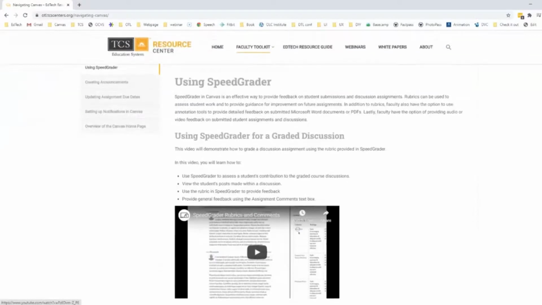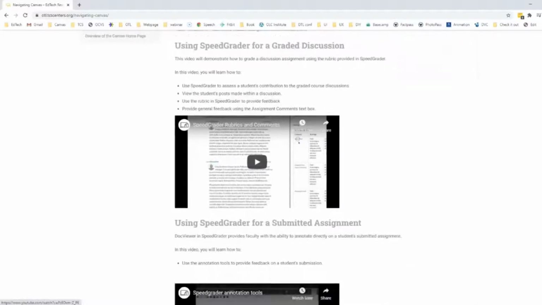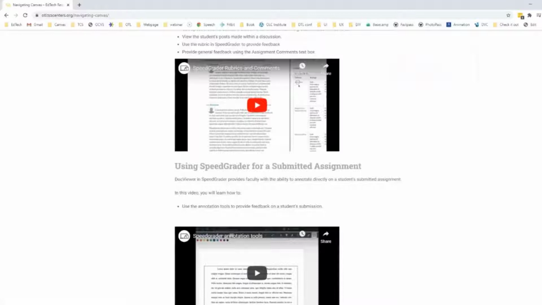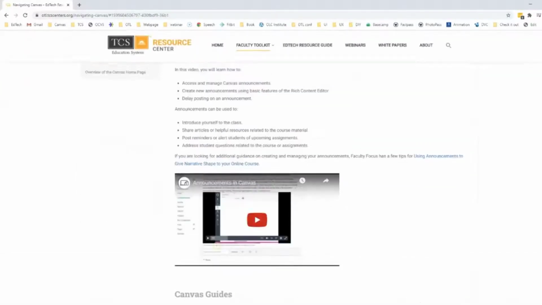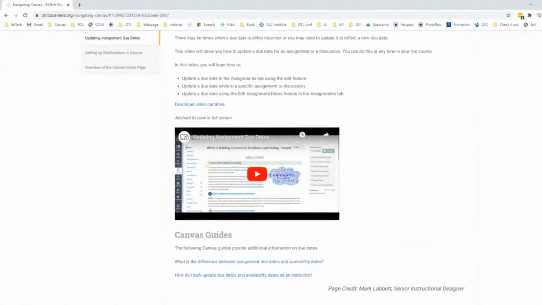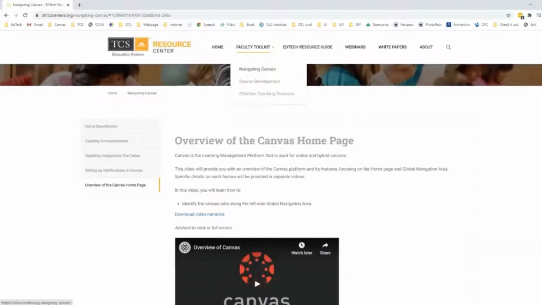Our goal is that this faculty toolkit is not just a list of websites, a list of YouTube videos and links to other places. It's not just a landing place, a springboard to take you elsewhere. We want to house it through narrative, through videos, show pictures, and really walk you through and guide you in this process. So you're going to see mixed methods for displaying this content. We'll have some text. We are working to create videos to walk through all of these things, as well as some links to other places. So right now we have SpeedGrader, how to create announcements, how to update assignment due dates, navigating in Canvas, an overview of the homepage in Canvas. And so we hope that this content will be valuable.